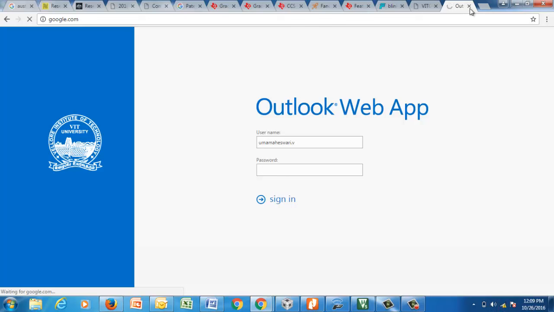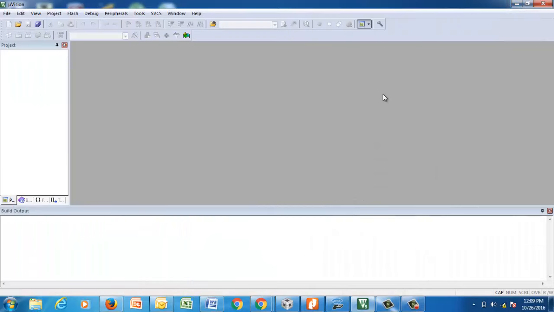I think I'm not able to get it here. So probably go to Google. In Google, type the keywords Keil Microvision 5 legacy support. When you do that,